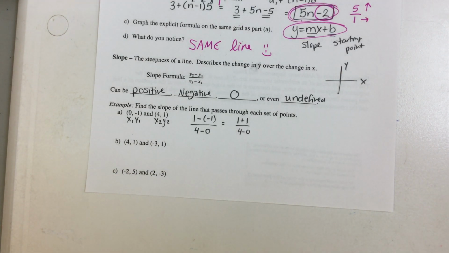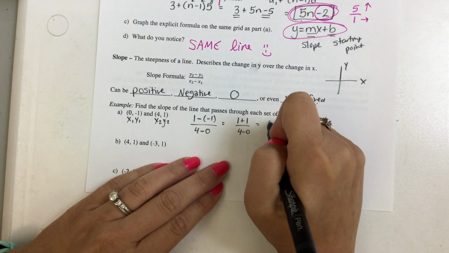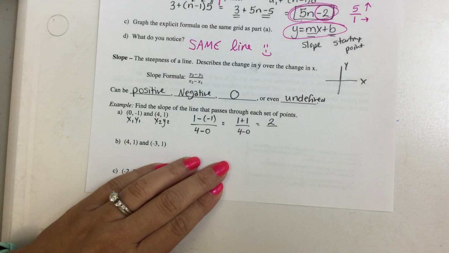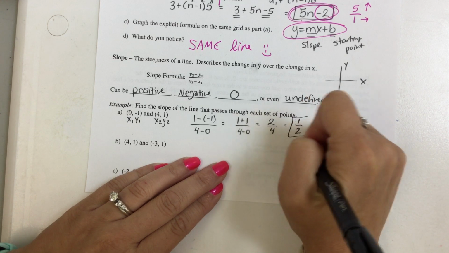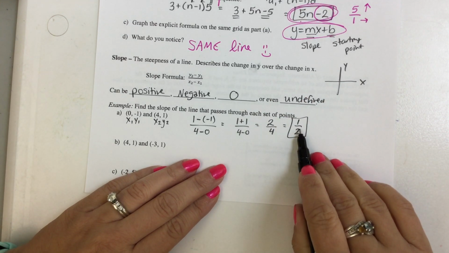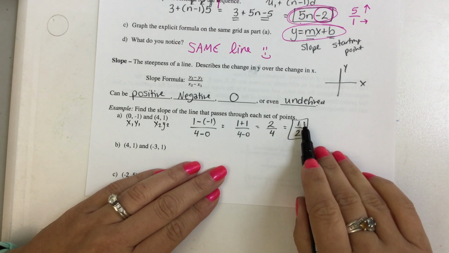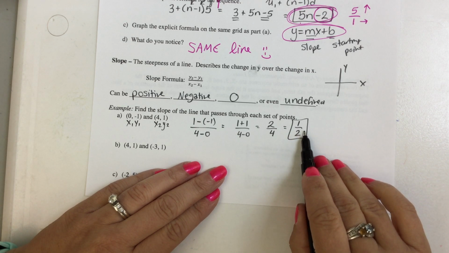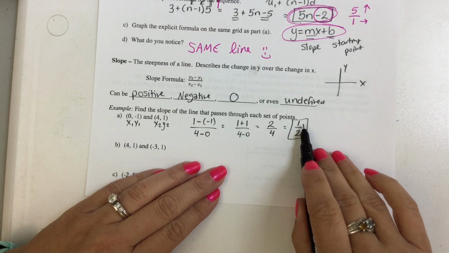So what I really have here is 1 plus 1 over 4 minus 0. On the top, 1 plus 1 is 2. Bottom, 4 minus 0 is 4. 2 over 4 can be reduced to 1/2. So what this means, to get from one point to the next on this line, because it's positive, is up 1, to the right 2, up 1, to the right 2, up 1 to